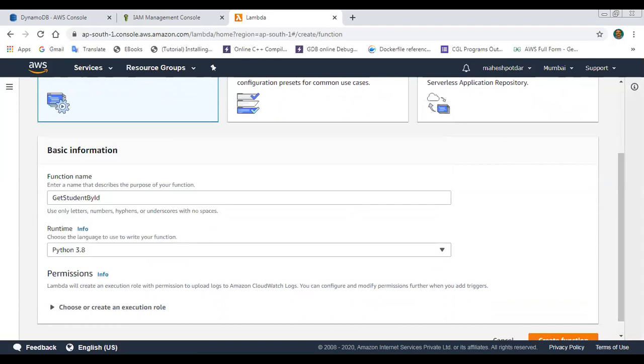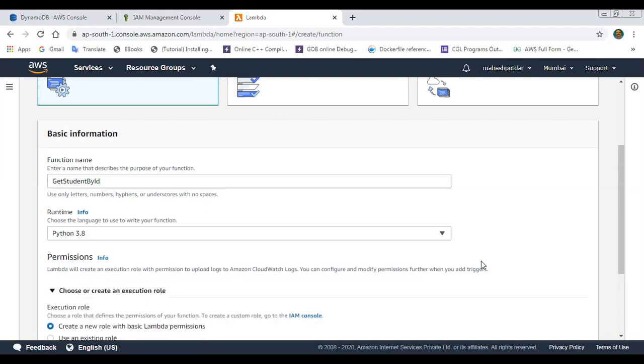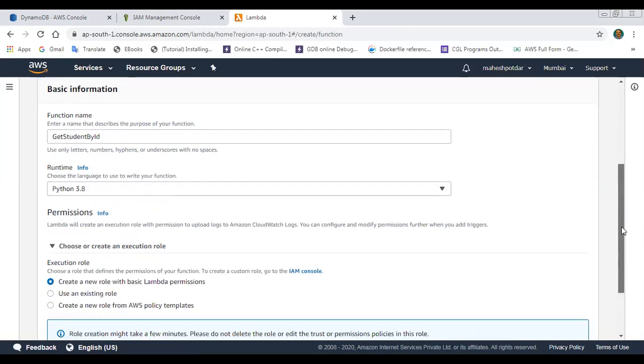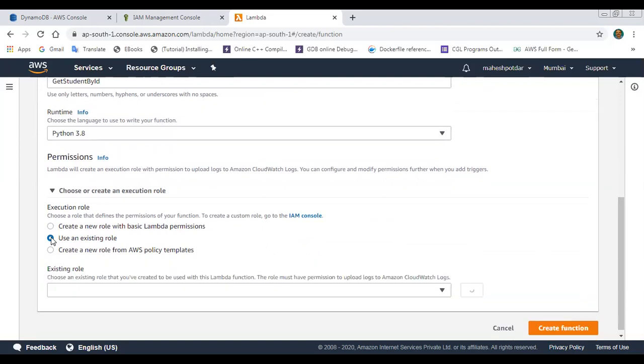After selecting Python, the next is the permissions. We have already created IAM policy and role. Therefore, an execution role is required to process the function. From this you are also able to create the role, means the security policy. I have shown you the process of creating the role.